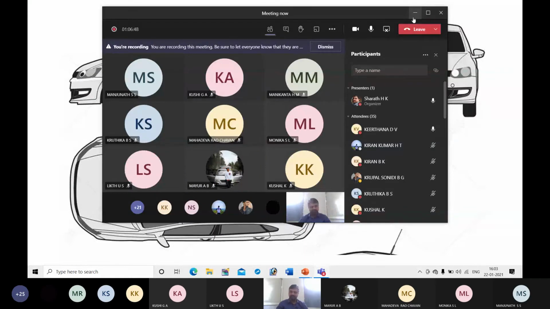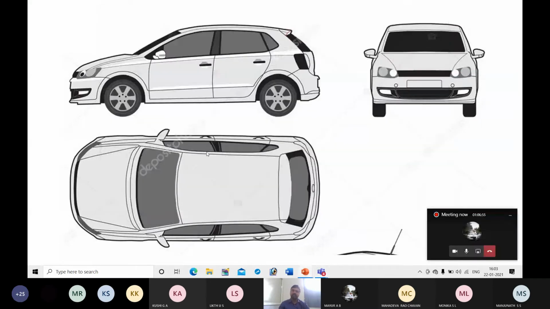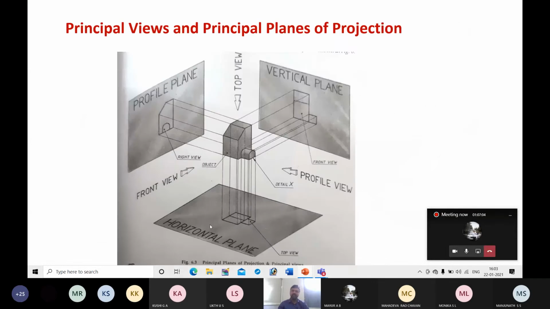and the ground is horizontal. Similarly, we are going to get this when you look at the car from the top. So this is the top view. When we look from the top, this view should be projected on the horizontal plane. The horizontal plane is nothing but the ground, or an imaginary plane which is parallel to the ground is called the horizontal plane, or simply you can consider the ground itself as the horizontal plane. Whatever you see from the top must appear on the ground. That is the horizontal plane.